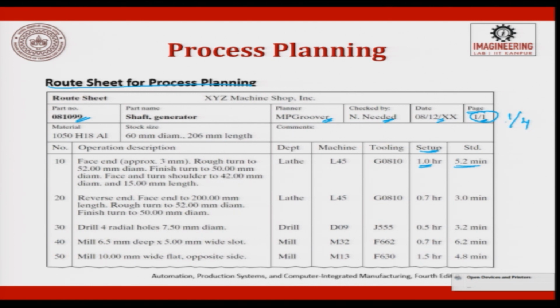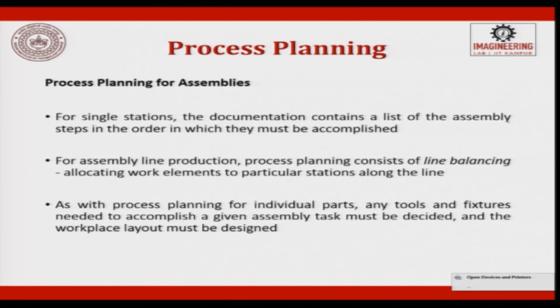Fine. Suppose there is one sheet coming from another bundle, then if the number matches, it is misleading information. So, it is very nice to see. This talks about the material and what the stock is. These are all the operations. This is a typical routing sheet which is done by a process planner. This is for a single part.